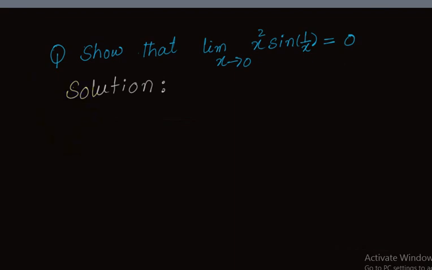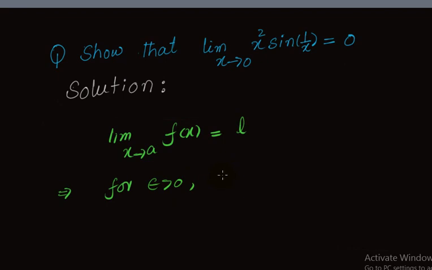Welcome students to another lecture on real analysis, in which we shall prove that the limit as x approaches 0 of x square sine 1 upon x equals 0 by the delta epsilon definition. First I write the delta epsilon definition: if we have the limit as x approaches a of f of x equal to L, now this limit implies for any epsilon greater than 0,